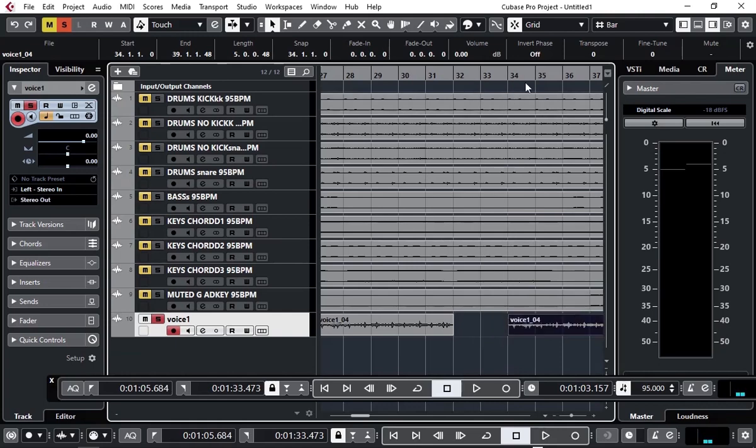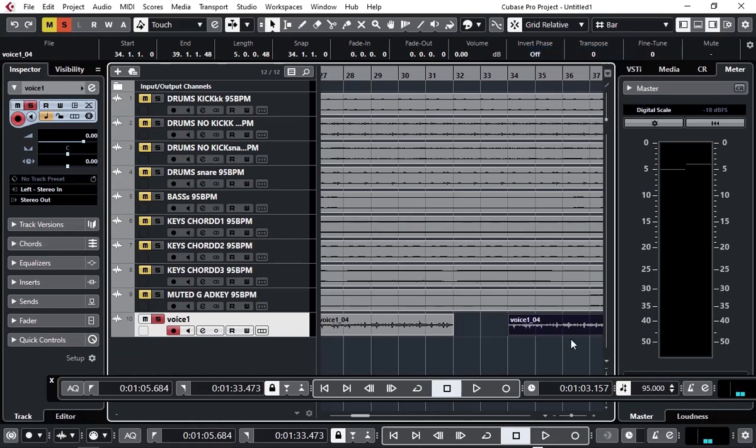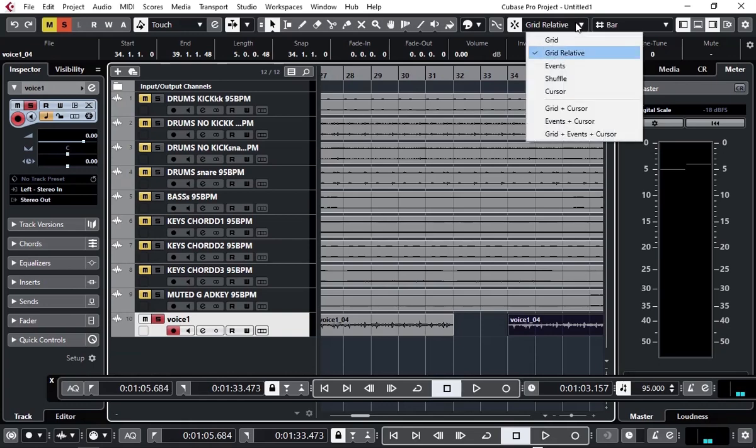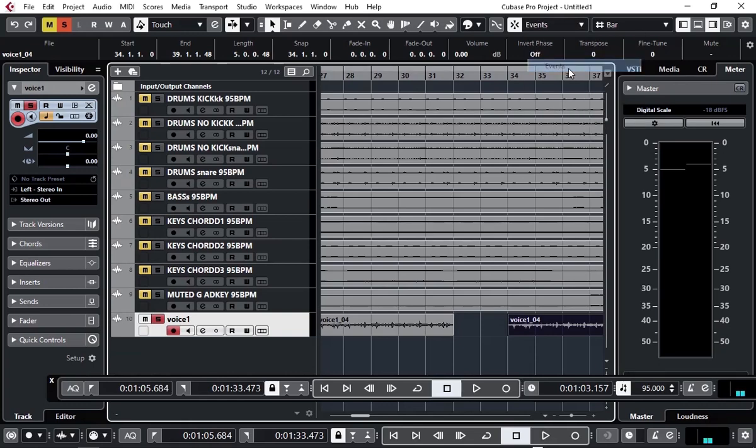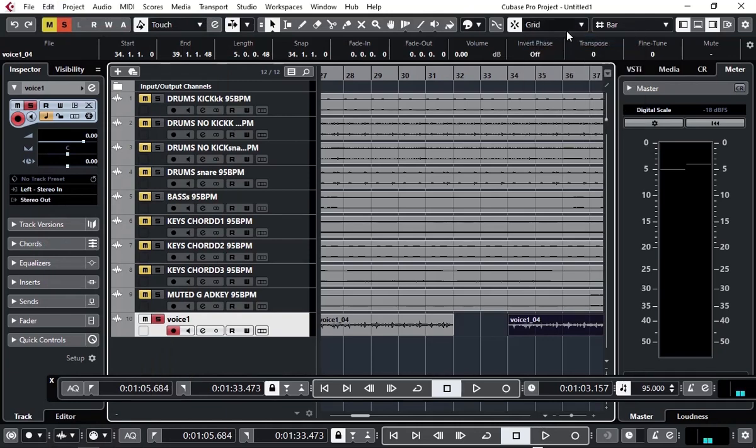But however, if you must move, maybe you don't want to move from here and you want to move in between, you still come this way and look for grid relative, for example. Let's see what happens. Okay, that's still very up to bar. You can go to events. There are a lot of ways this thing works. See, I'm able to move slightly, unlike moving the other way. Okay, these are different ways you can move. You can undo them. Just ensure that however you get to use this, if you're moving